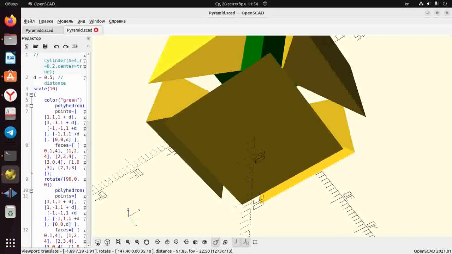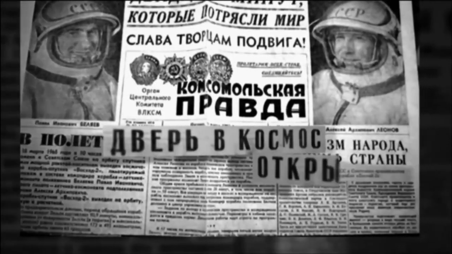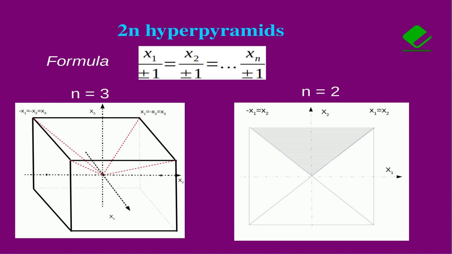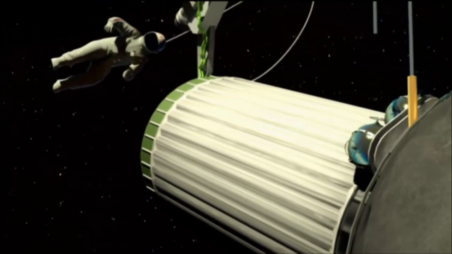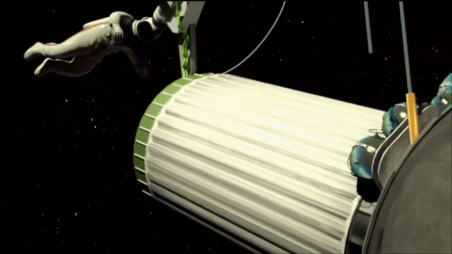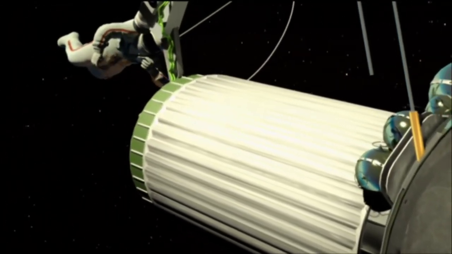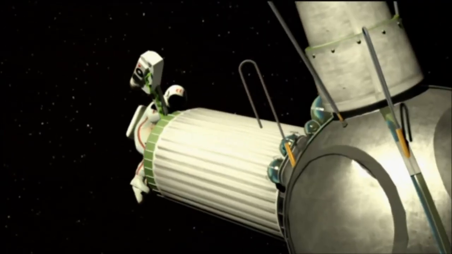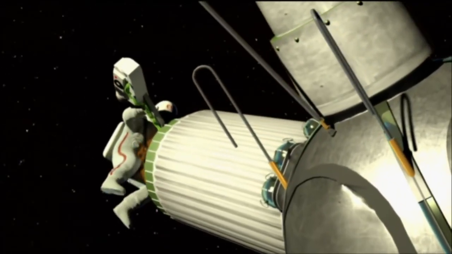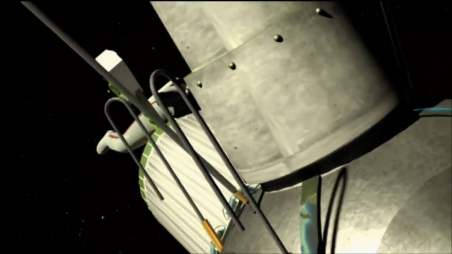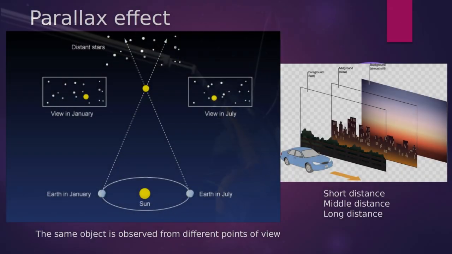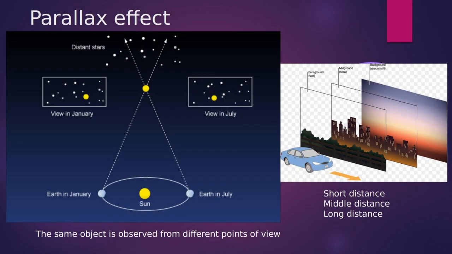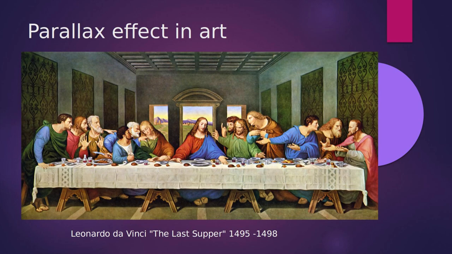The edge of an n-dimensional cube is located in the hyperplane perpendicular to the height just constructed and passing through the base of this height, the point of intersection of the straight line with this edge. Note that from Fyodor's point of view, all faces of the n-dimensional cube are perceived not as n-dimensional, but as flat figures. It is important to remember that Fyodor on his way observed multidimensional cubes with the effect of parallax. There are a number of examples from astronomy, everyday life, and works of visual art to explain this effect.